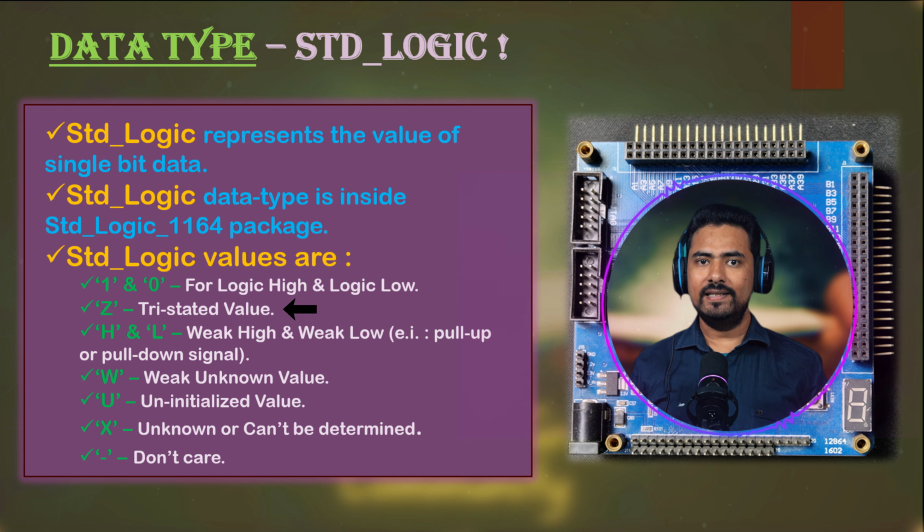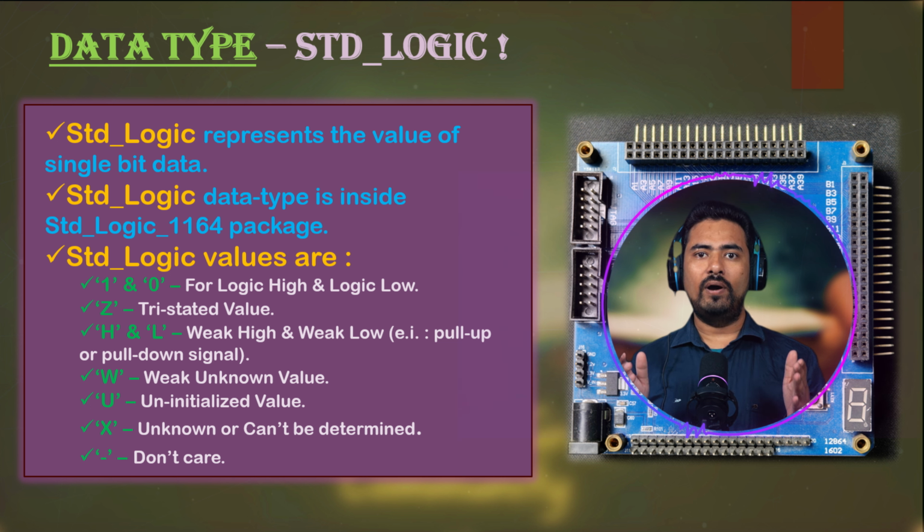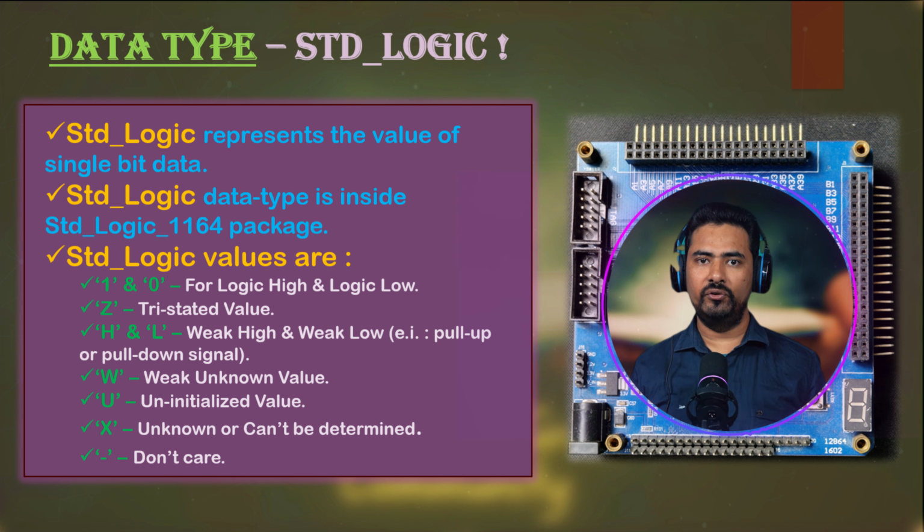However, using tri-state signals requires more caution. While they are useful for external input-output pins that can be disconnected and controlled by other circuits, most internal signals within the FPGA cannot be tri-stated. You are only allowed to tri-state the signals that directly drive the I/O pins of the FPGA. This is because only the I/O pins have tri-state buffers, while all the internal signals in the FPGA do not have tri-state buffers in hardware. Therefore, you cannot drive the internal signals in the FPGA to tri-state.